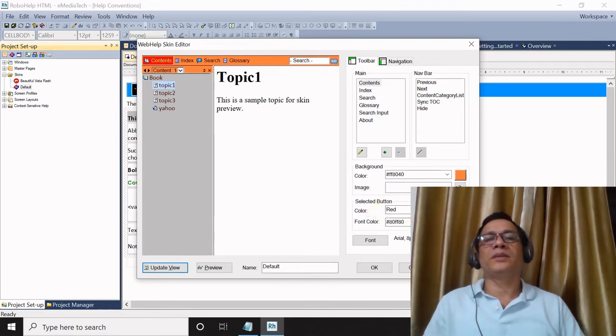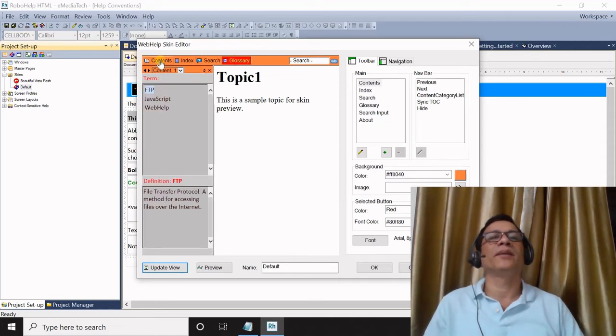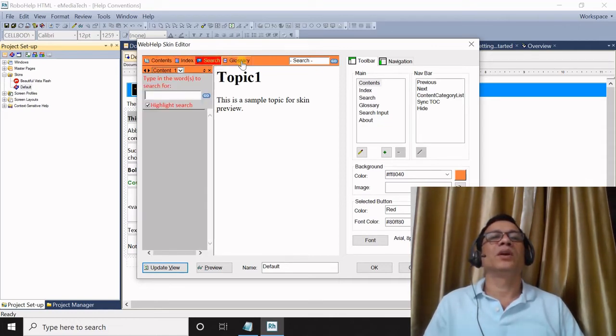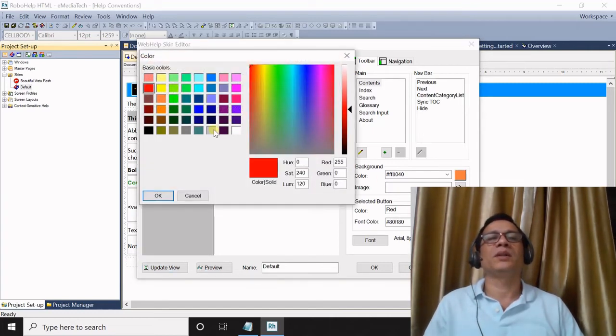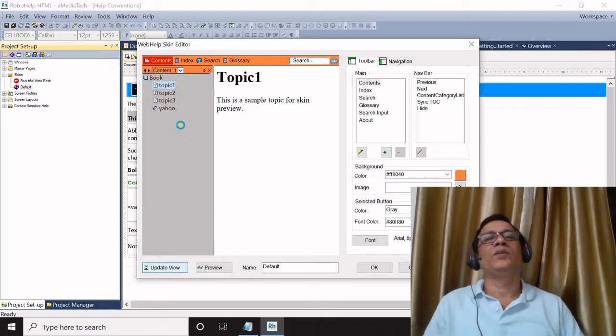And this button setting means when you click on these tabs or buttons, the color is red. So I will change this to another color, for example this one, and then you will see that this has changed.